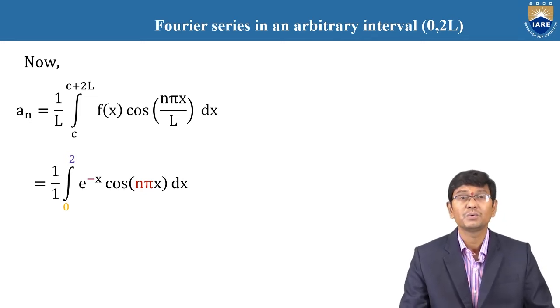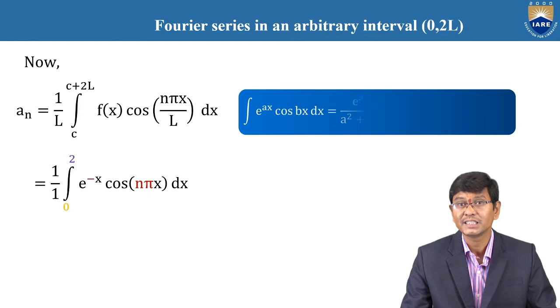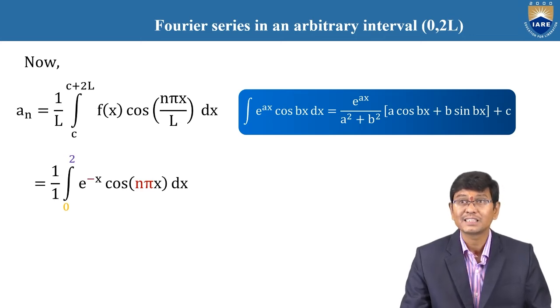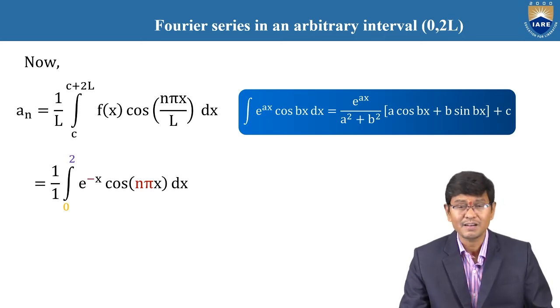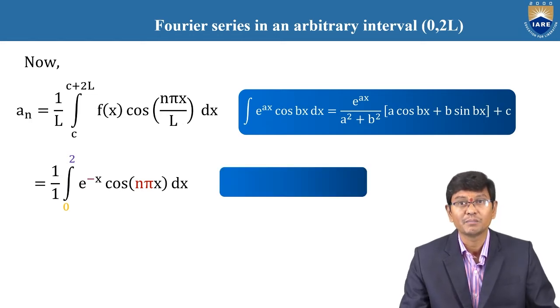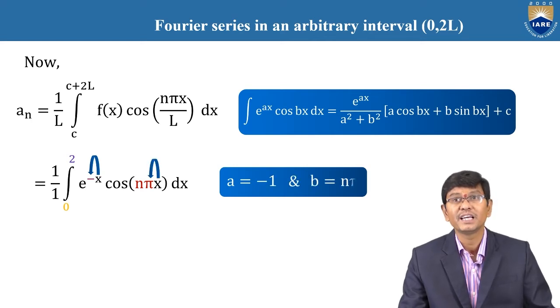Here we need to use integration by parts. We know the formula: integration of e power ax into cos bx is equal to e power ax by a square plus b square into a cos bx plus b sin bx plus c. While comparing here, a is equal to minus 1 and b is equal to n pi. Therefore, using a is equal to minus 1 and b is equal to n pi,